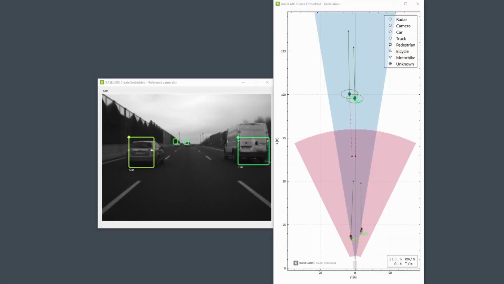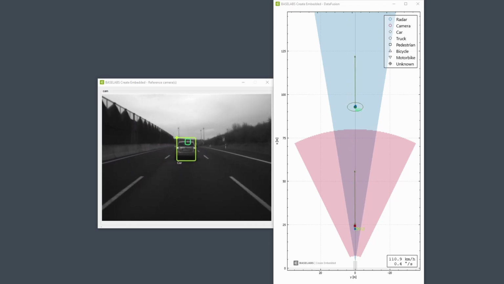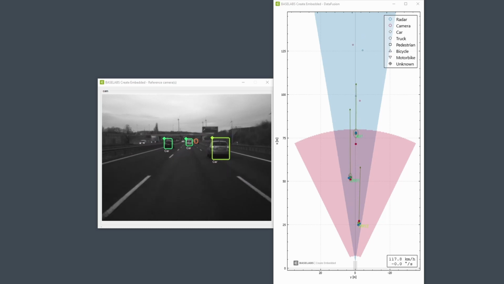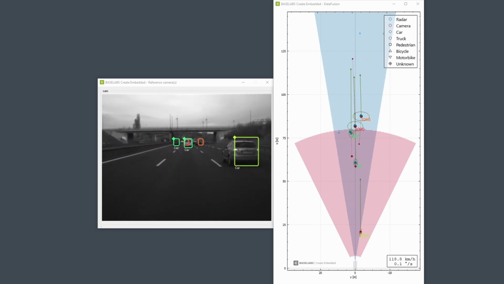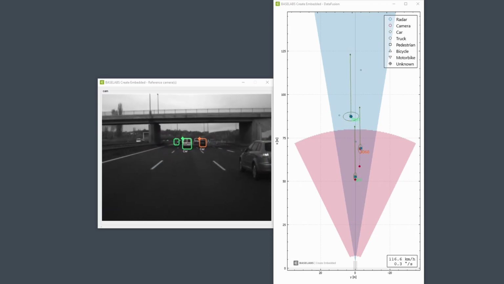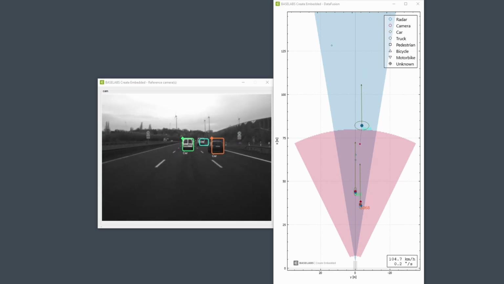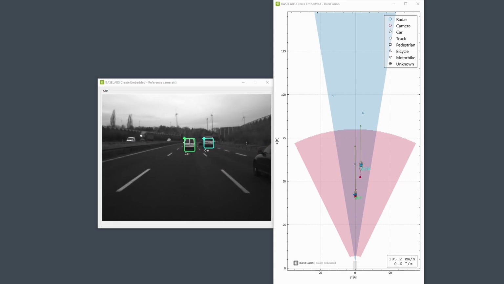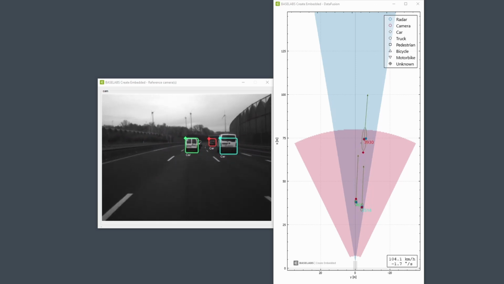I'm now showing the fusion result of a test drive on the highway with in-sequence measurement data. This gives me a baseline. Now we will run the system with the same data, but the camera measurements have now a systematic delay of 200 milliseconds. That is, the time between the physical observation of the sensor and its arrival at the data fusion system is now 200 milliseconds longer than the baseline. Consequently, camera measurements created earlier will arrive later than some radar measurements, so we have out-of-sequence measurements.